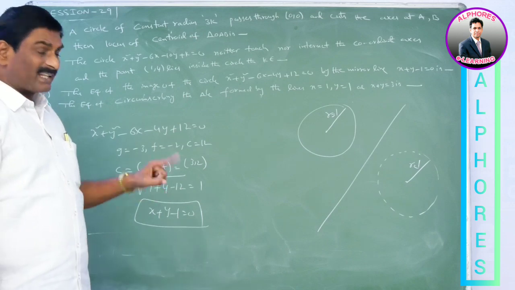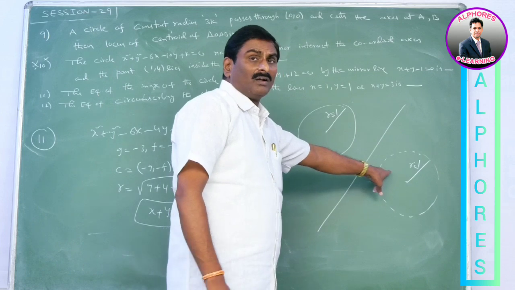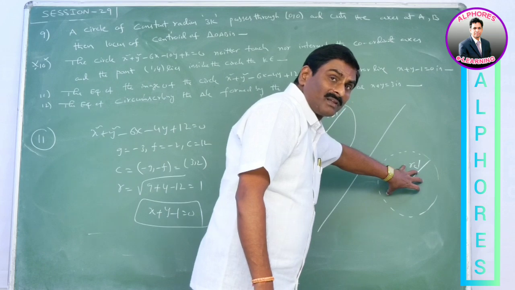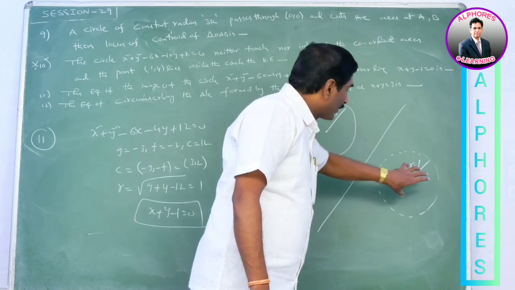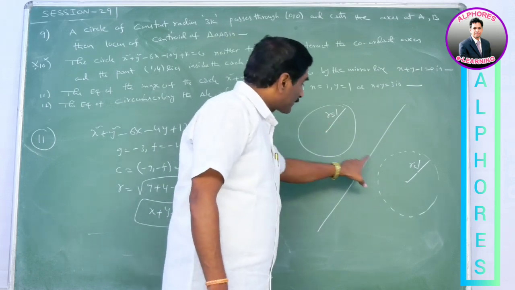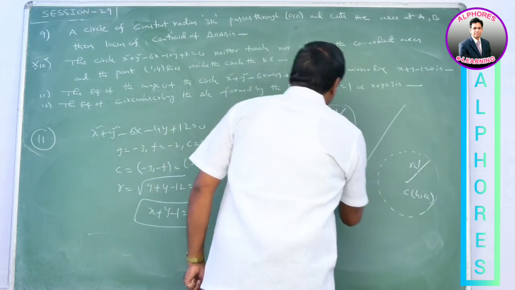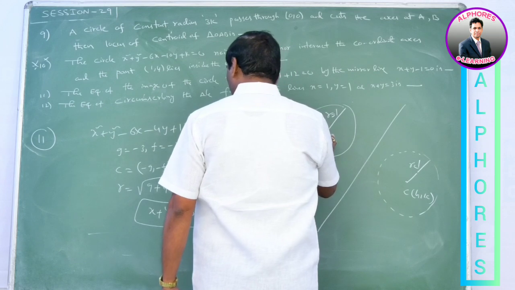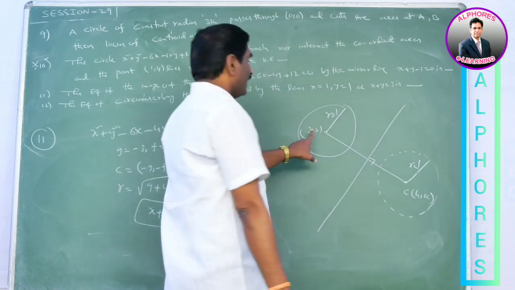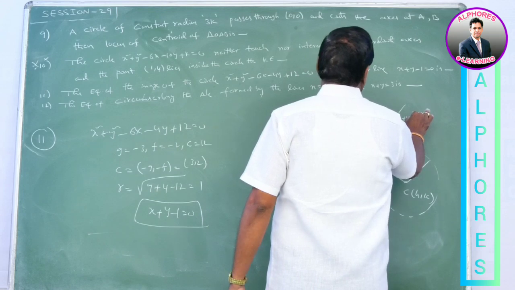For getting the circle, center and radius are required. Here radius is 1. To find the center of this circle, we consider the image of the point of the given circle with respect to the mirror line. Say center C(h, k). Here the center of the given circle is 3 comma 2. The center of the required circle is nothing but the image of the point (3, 2) with respect to the line x plus y minus 1 is equal to 0.